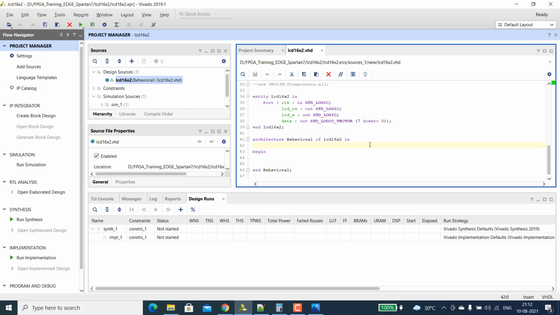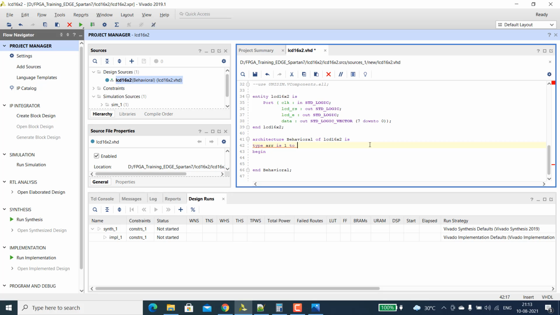Next, we are going to simply write some characters of data to the LCD. For that we need an array of data that needs to be sent. So we have to declare an array. That array can be declared using this technique: type, the array name, and then the range. You have to specify how many data items you are going to store in the array.